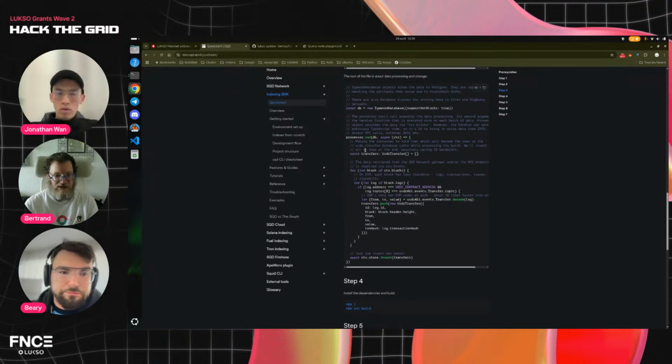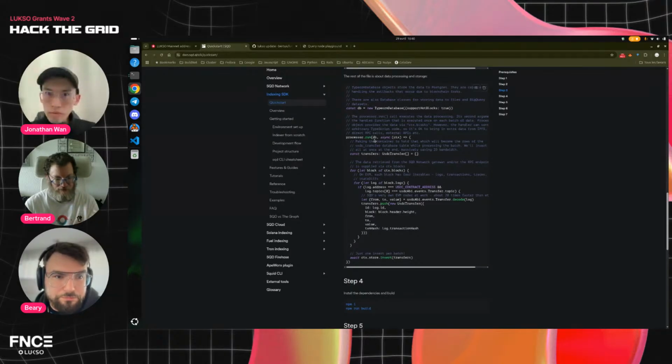So that's what is done, and that's what we want to save in some way. So we define the transfer variable. We connect to our local database, which is in this case a PostgreSQL, which is started by Docker. And then for every block in the context that we get from SQD,